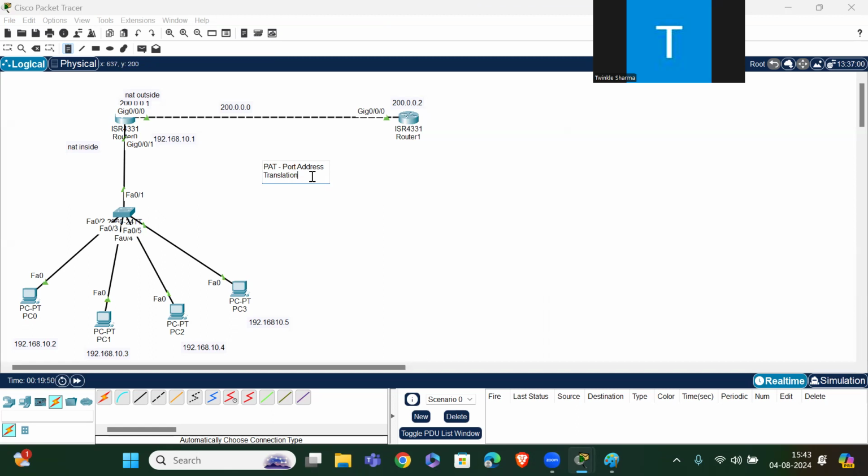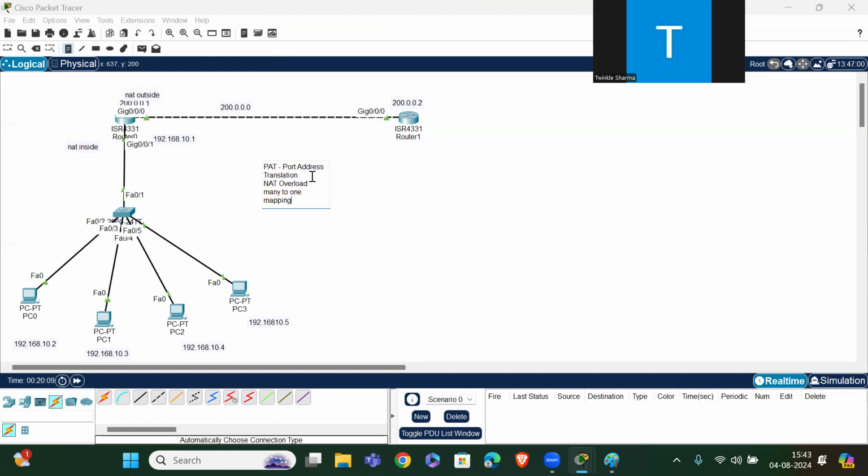We can also say this as NAT overload. Okay, so it is a many to one mapping.